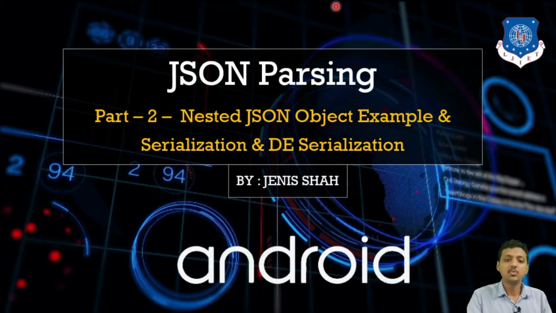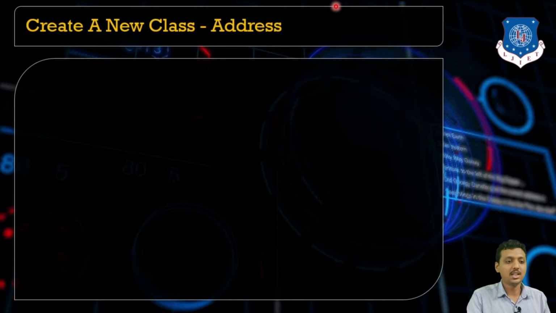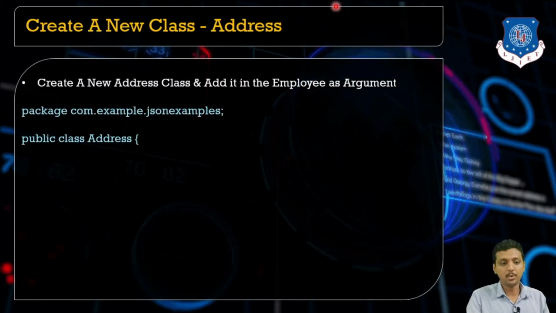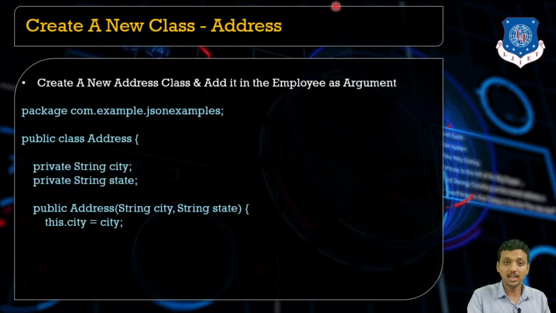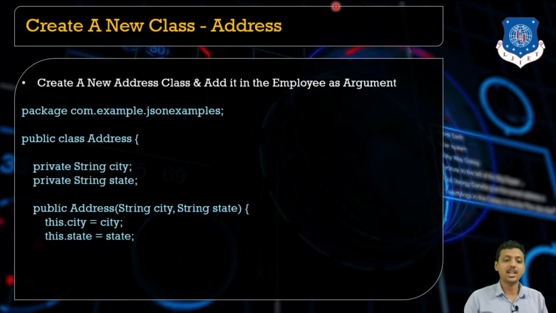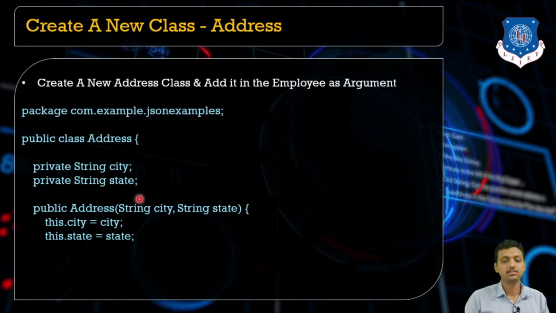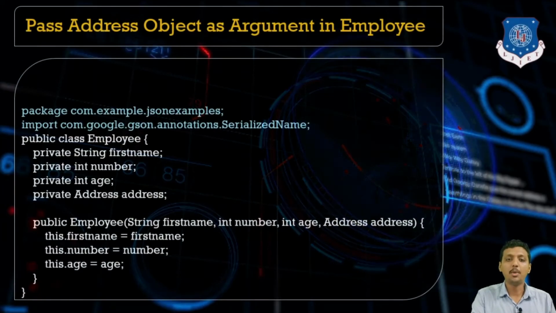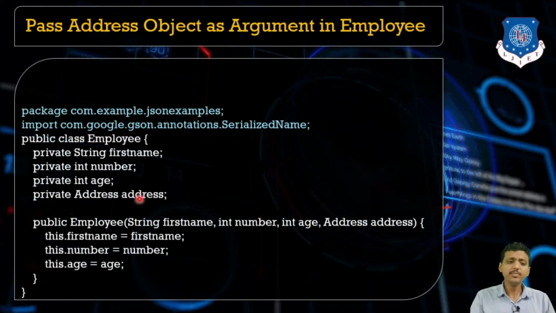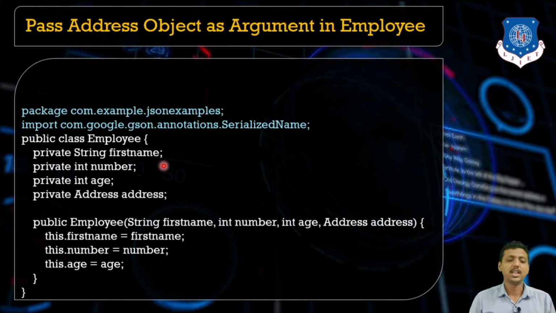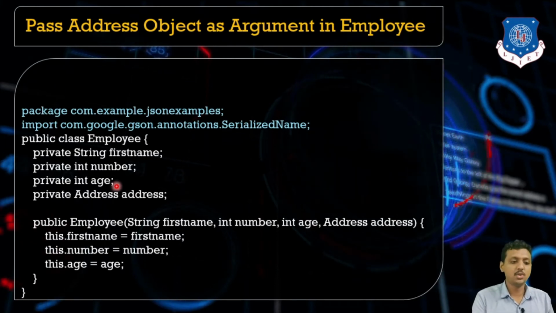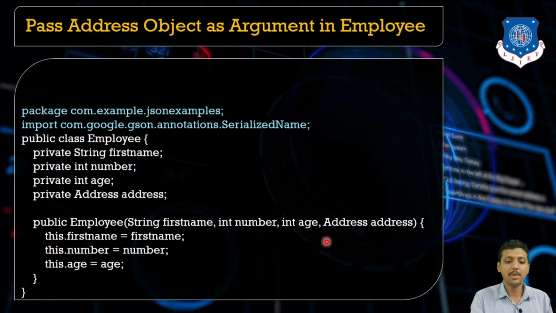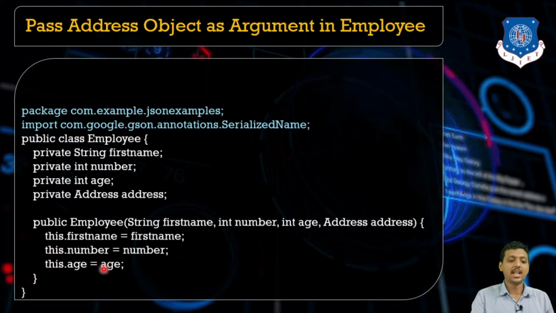So let's begin with the program first. For this program, students, we are going to create a new class with the name Address, where there are two data fields with the names city and state. Now, we are going to pass the object of the address into the Employee class. So here we are going to make a new variable with the name address and then pass it over here. And then students,